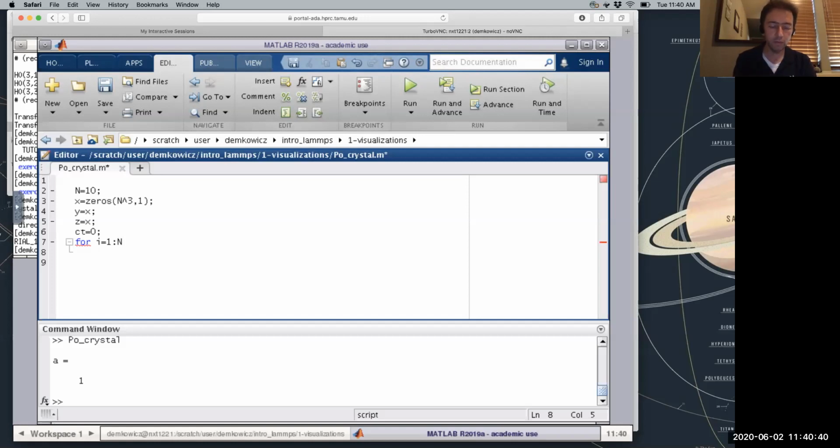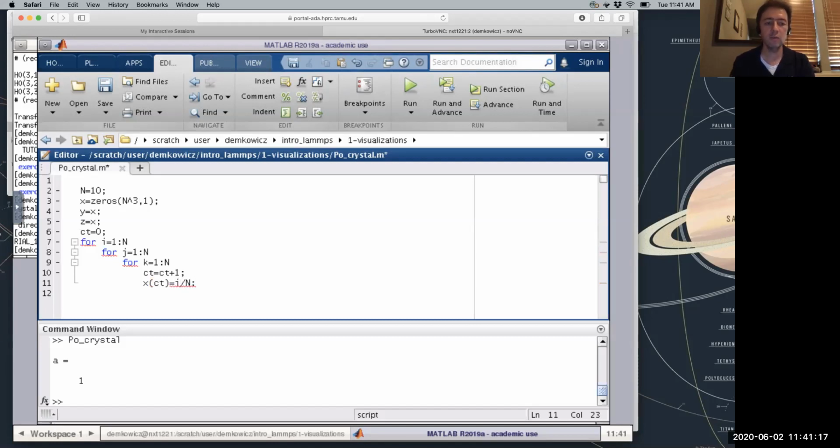Every time I go through one of these loops, I'm going to up the variable. So this first loop is going to define for me, let's say, the x coordinate. Then I'm going to have another loop inside, which defines for me the y coordinate. And then another loop that defines for me the z coordinate. And they're all going to go from 1 to n. Okay? When I'm inside here, I'm going to up the counter by 1. So basically every time I'm inside the inner loop, I up the counter by 1. And then I take the CT number entry in the coordinate for x, and I'm going to define that as i divided by n, right?